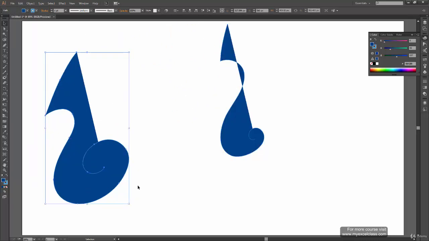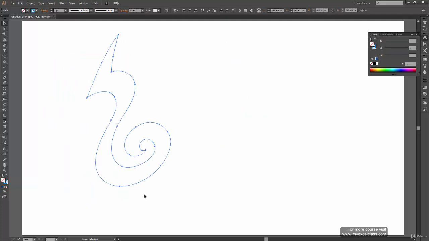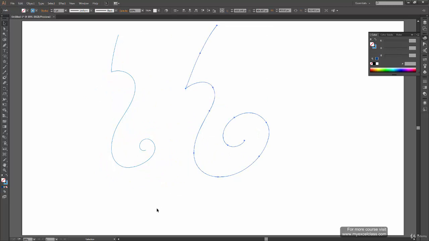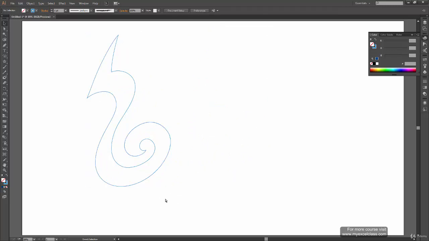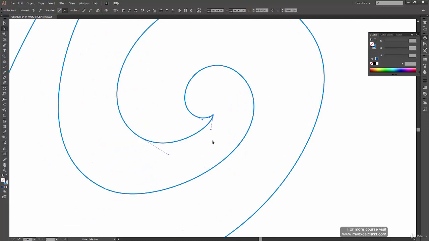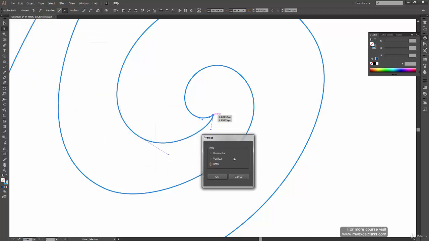So what we need to do now is close these two paths. These paths are still open, they are not closed. What we can do for this is select this corner anchor point. Here we have two anchor points. Let's undo and select both of them together and right click, and here you have average and join. What average does is bring both of your anchor points together.